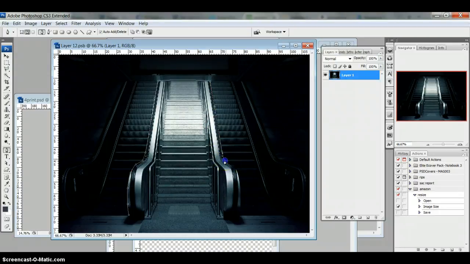I'm pen tooling this because it's a pretty simple shape that I'm trying to retain, and also it's going to give me a really sharp line, whereas if I was to try to rasterize, cut it out, this makes somewhat of a vector cut. If I was to continue to try to raster cut it by using my channels, it would come out pretty blurry on the ends and wouldn't really match the contour of the stairwell very well. And I just recognized that this is the stairwell, not even the escalator that I was intending to get, but